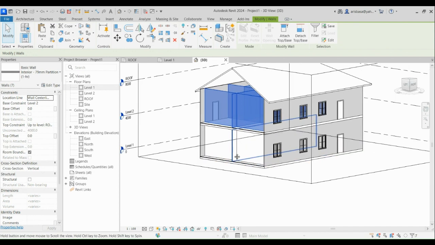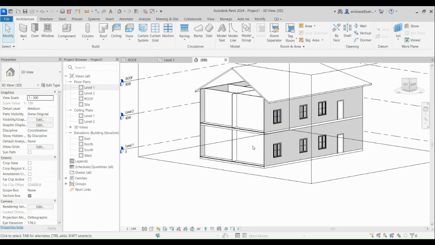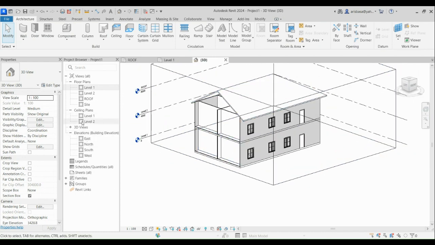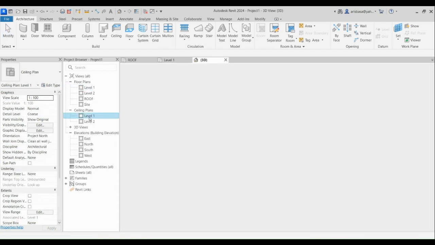So what's missing now in our project? We need ceiling, right? We don't have a ceiling. So let's go to our ceiling plan. When you create a ceiling, make sure that you are in the ceiling plan. You will not see the ceiling when you're in the floor plan. You should be in the ceiling plan. That's why there's a ceiling plan by default right here. Okay, so let's go to level 1 ceiling plan